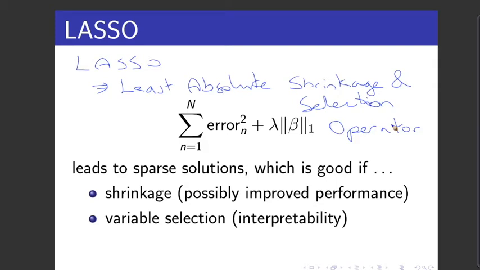To be honest, I'm not sure if they're having a laugh, but they do use the words shrinkage and selection. The idea of shrinkage is we take massive coefficients and we force them to become smaller in some kind of way which controls complexity and therefore controls the variance that we were talking about before. So shrinkage is certainly true. But what about variable selection?